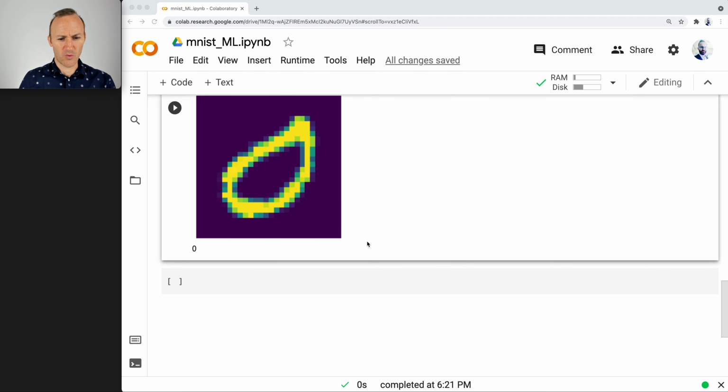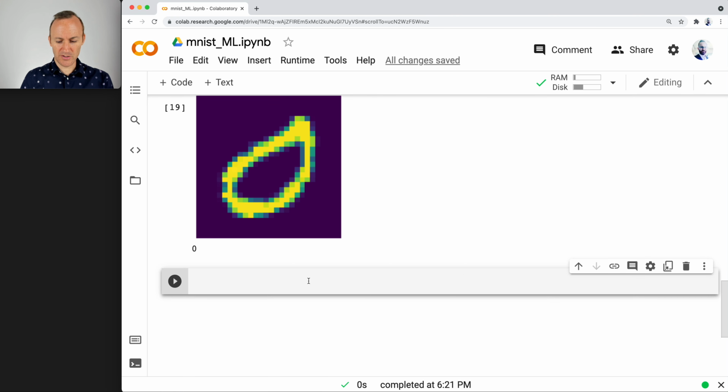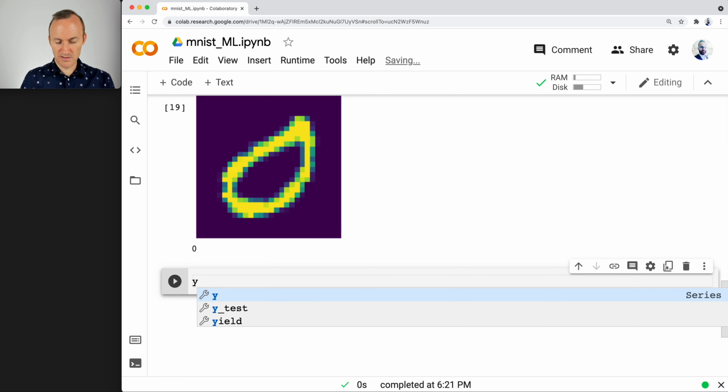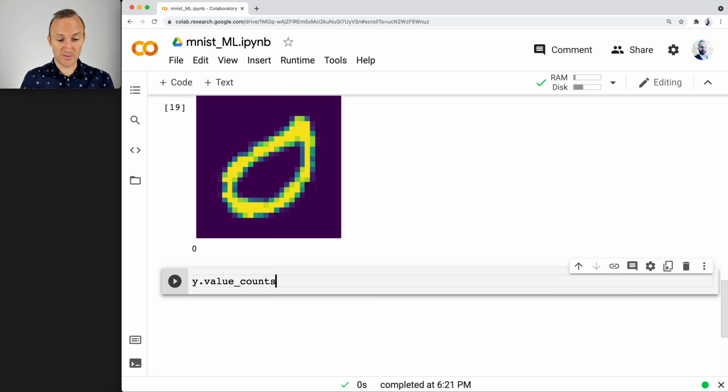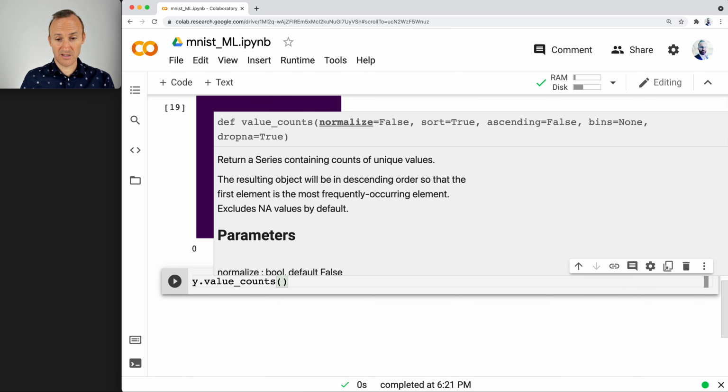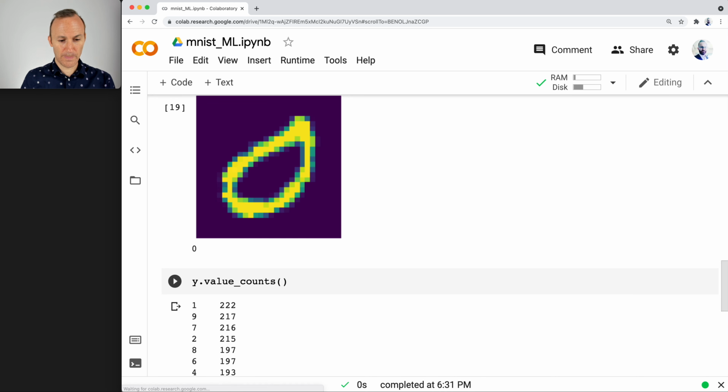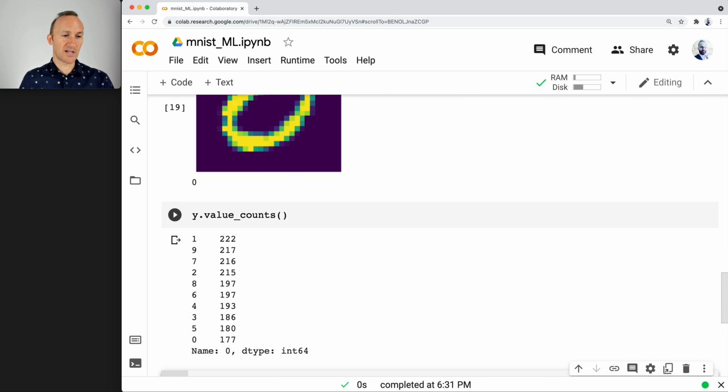Let's take a look at the y value counts. Go ahead and enter this in. Enter y, right? So that's what we're trying to predict. Dot value underscore counts, followed by parentheses, and press Shift Enter. What this does is it shows the number of values between 0 and 9 of the different cases. Now,